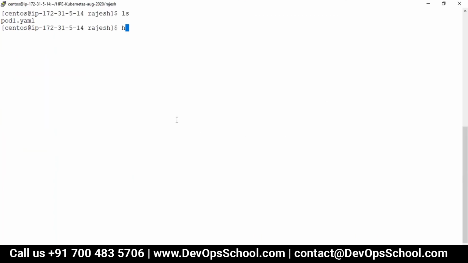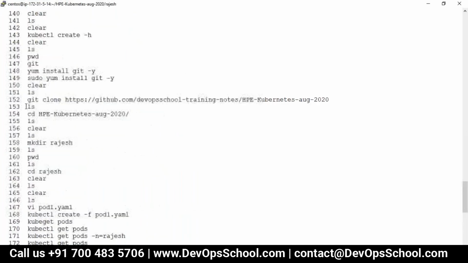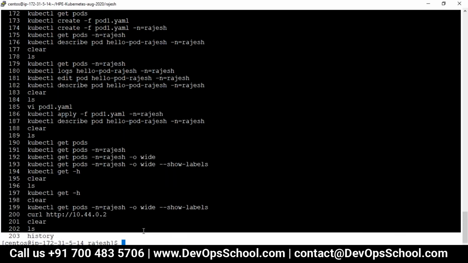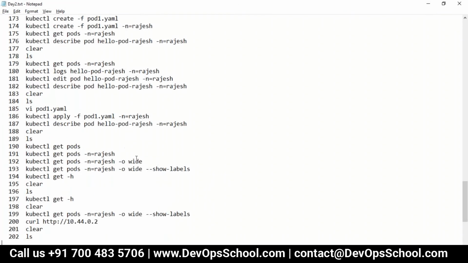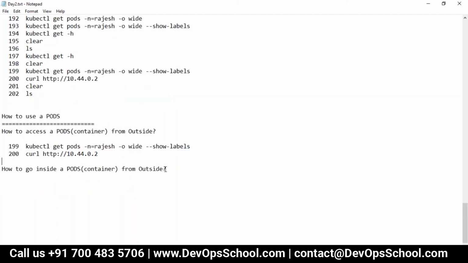So guys, I think I need your help to go inside a container. Before that, let me write all these commands which I ran. So 38. After this command, I ran and pasted it. Okay. Don't run commands blindly. It's not good. If you don't understand the command, even though you get output, it has no meaning. So that's a thing. So you can get this stuff, you can access. Now how can you go inside a pod container from outside?